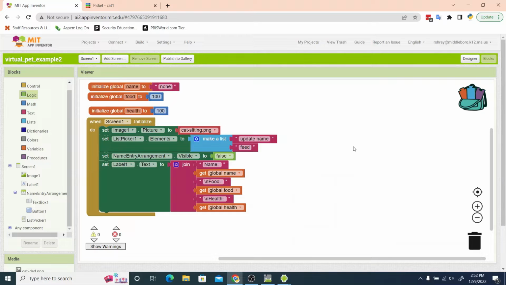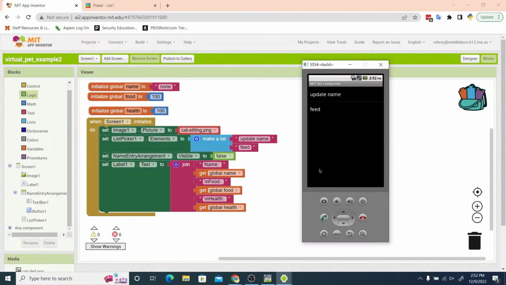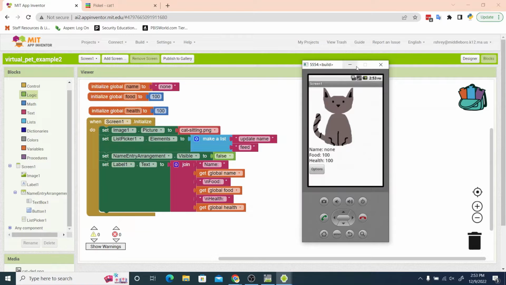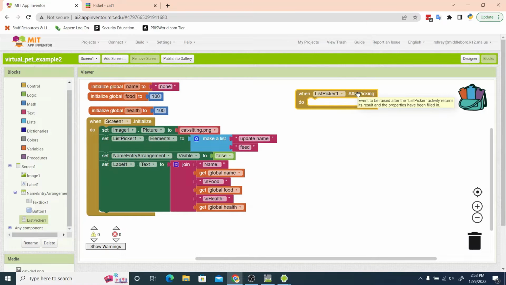So let's figure out what happens after you click that list picker, because right now, if you click on the list picker, it shows stuff, and then you can click on something like update name, and nothing happens. It doesn't update the name. There needs to be code that says what happens. So I'm going to click on list picker and list picker after picking. So after you pick something with a list picker,